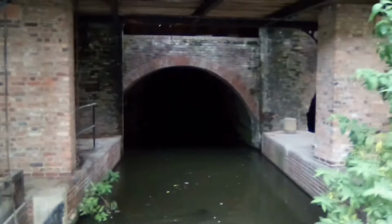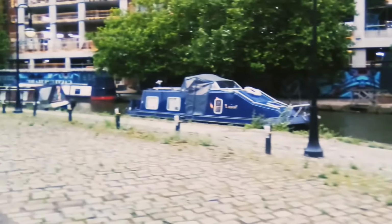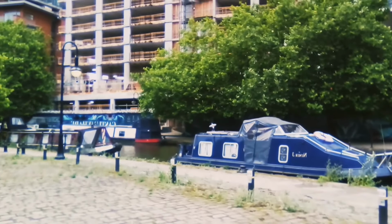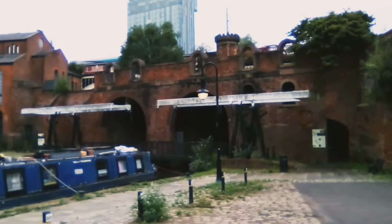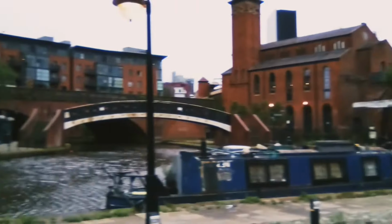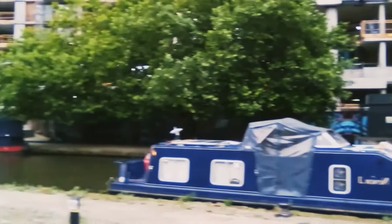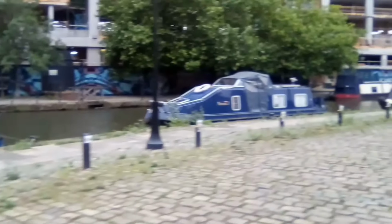Anyone who is more familiar with my playlists, the way I film things, I do have some history of ancient Britain, and there is the original sandstone. That's what all Castlefield is built on. Built on top of that, and obviously now I've gotten myself into a situation